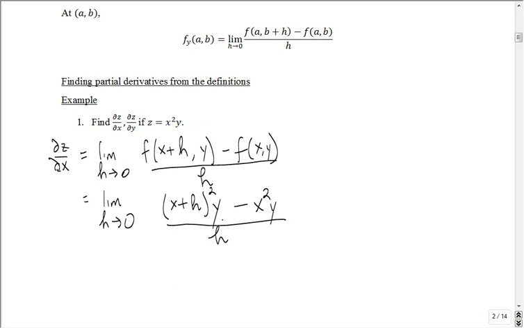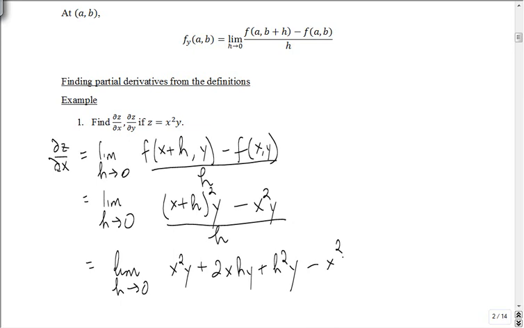Maybe you might have to factor out an h. Let's see what we're going to get. Okay, so when you do FOIL in this, you have an x squared and you have a y. So x squared y. The middle term, x times h times 2 times y. So that's plus 2xhy. The last term is h squared, and you multiply it by y. So that's plus h squared y